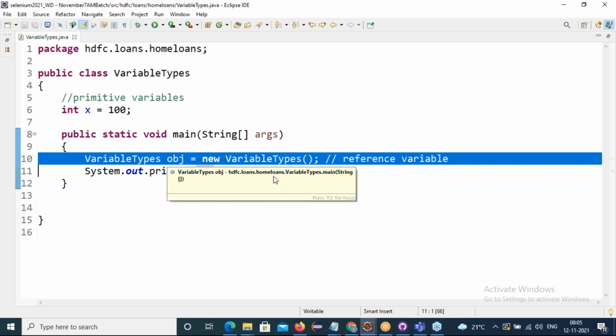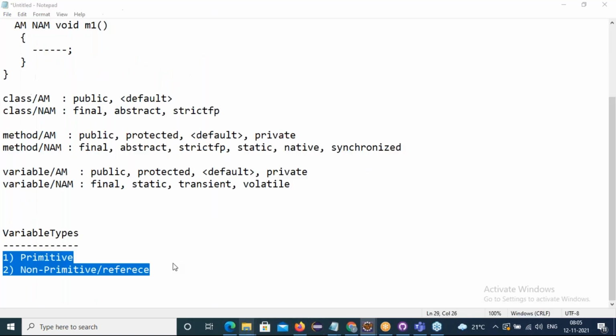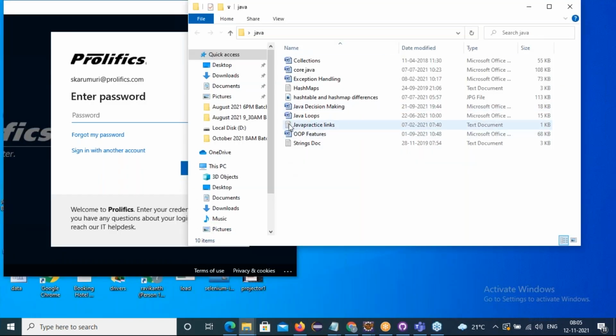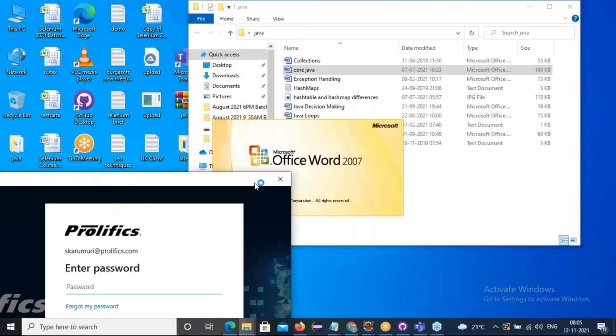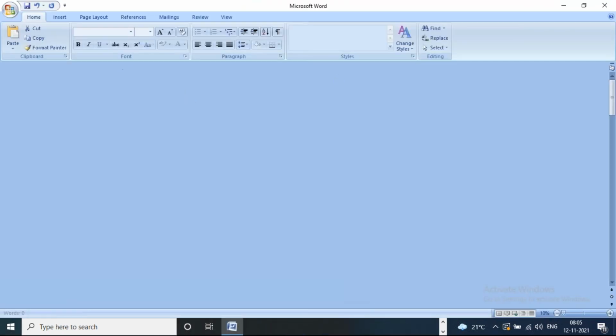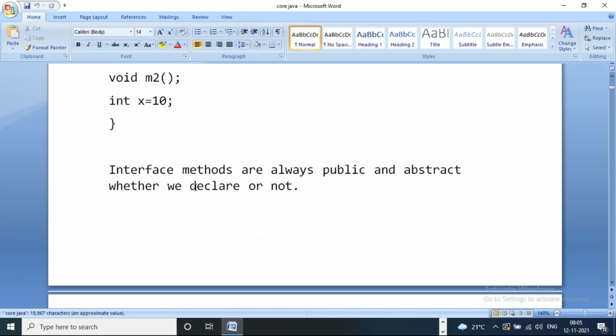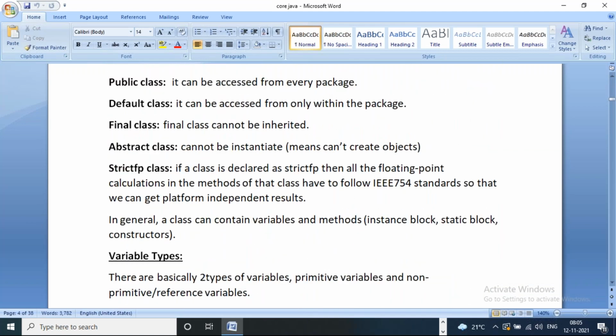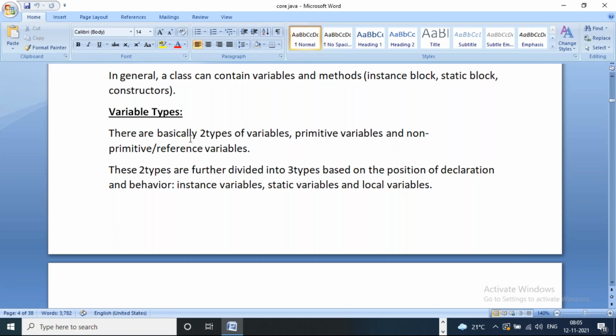Again, this primitive and non-primitive are further classified into types. Friends, for everything we have notes. When we are talking about variable types, there are basically two types: primitive variable and non-primitive or reference variable.